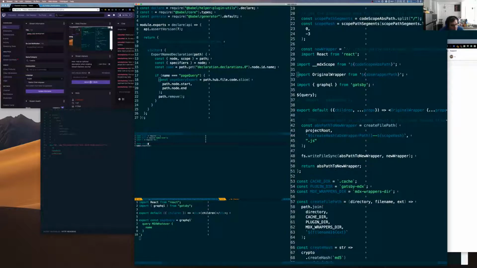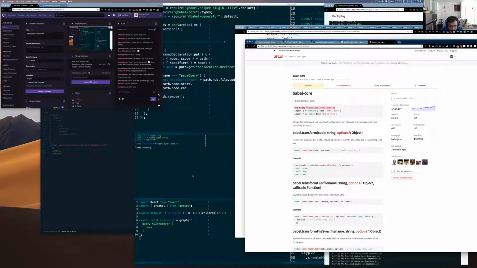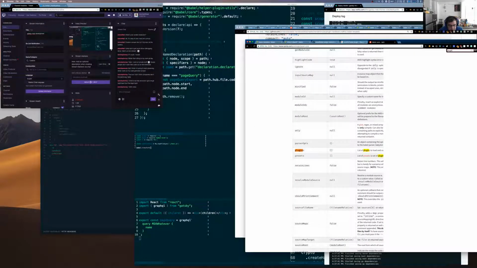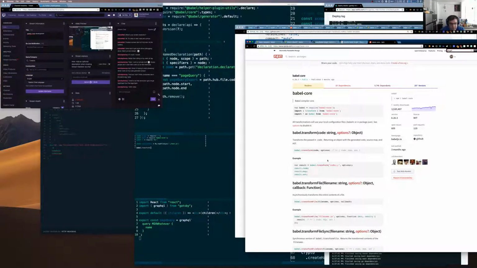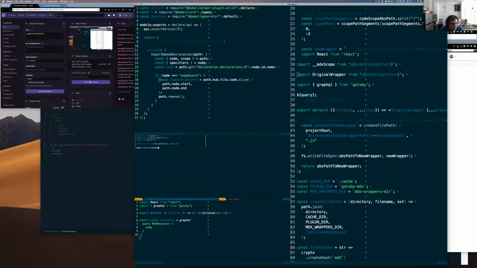Const test contents equals require, not require, fs.readFileSync test.js, and then babel.transform takes some plugins, a list of plugins, a list of presets. Cool, that's fine. So we're going to do test contents here, do plugins, plugin, which is our plugin, and then